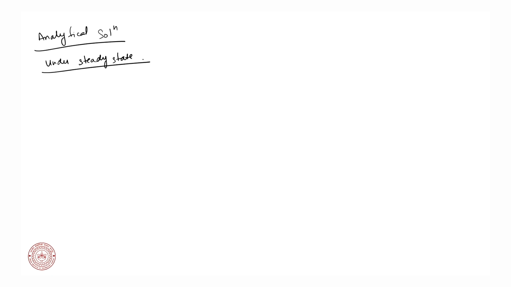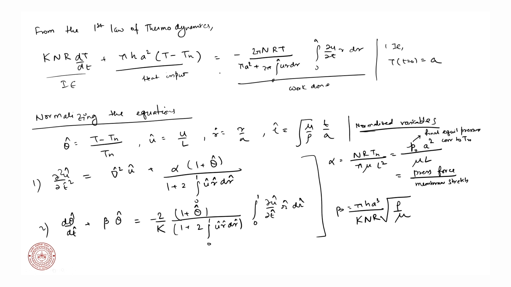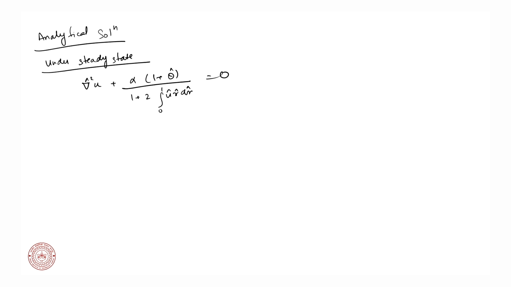If it is under steady state, then our equation reduces to del square u hat plus alpha (1 plus theta hat) over (1 plus 2 integration 0 to 1 u hat r hat dr hat) equals 0. What we took away is the del square u by del t square term. Now, this equation is still a non-local equation, and what we can do is simplify this by taking